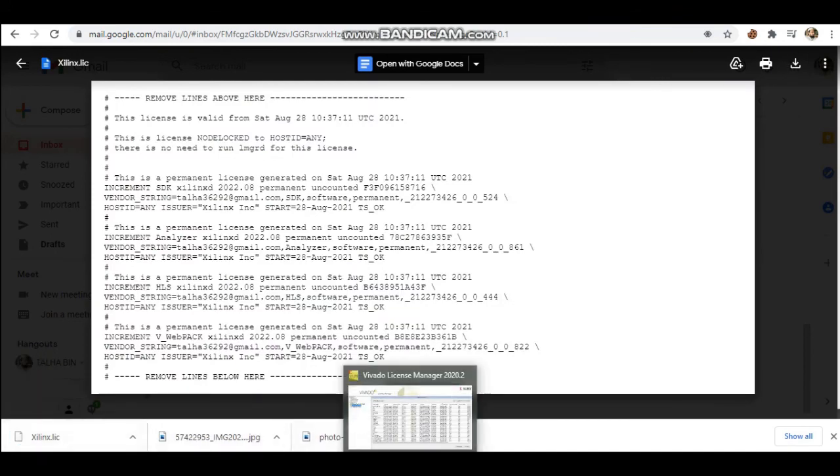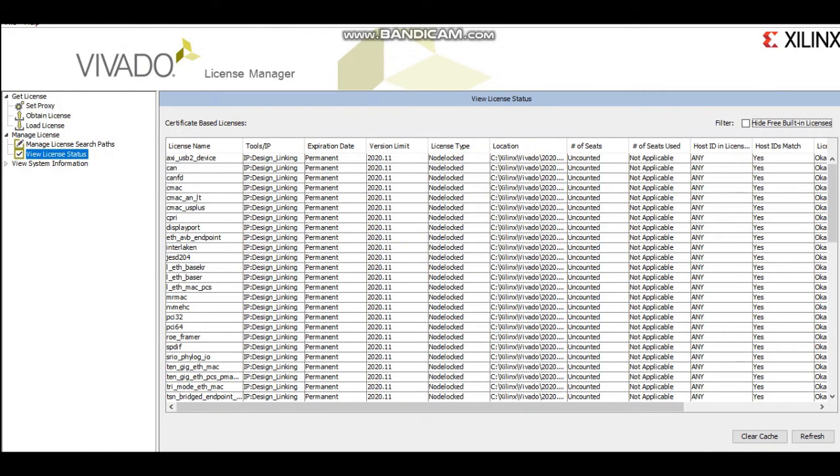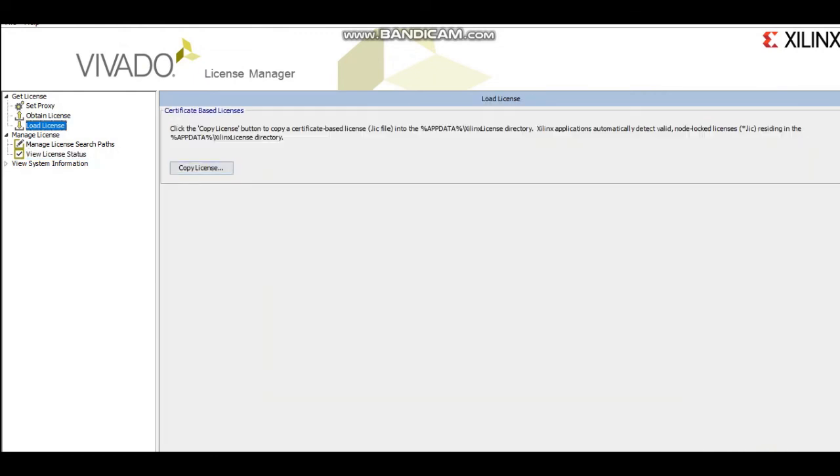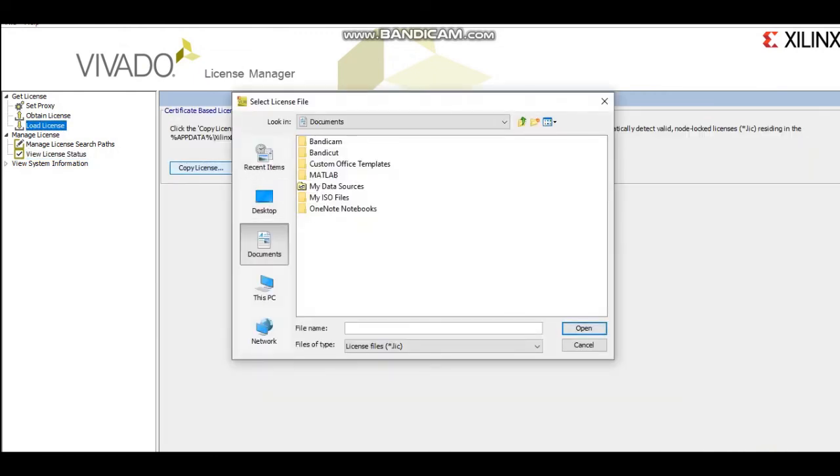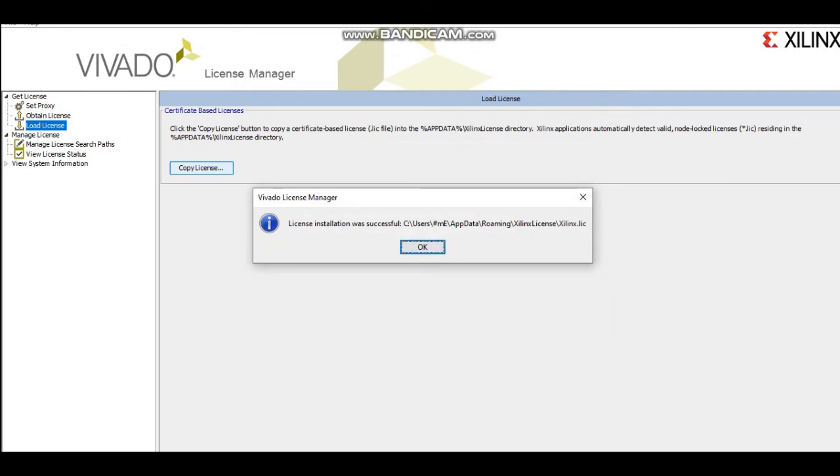Now when it is downloaded I need to load this license, so I can copy the license from the download menu. Where are my downloads? Documents and downloads. So this is the license file which I have just downloaded, and I will install it.